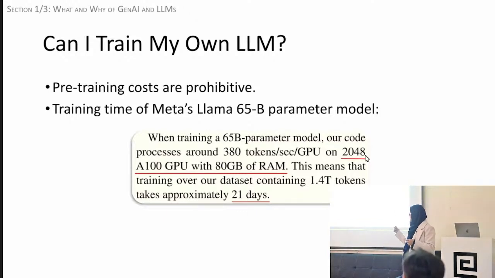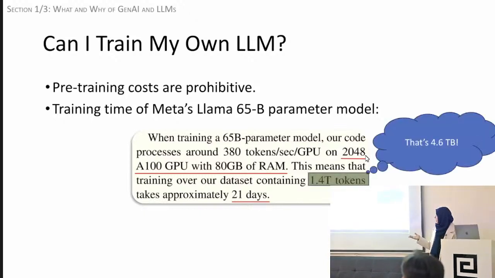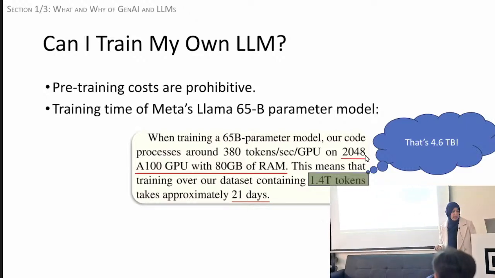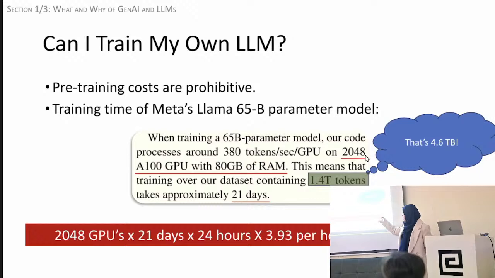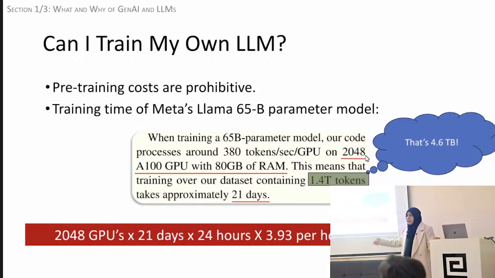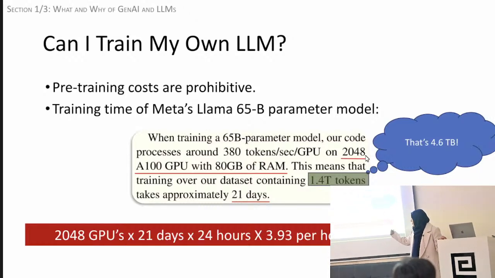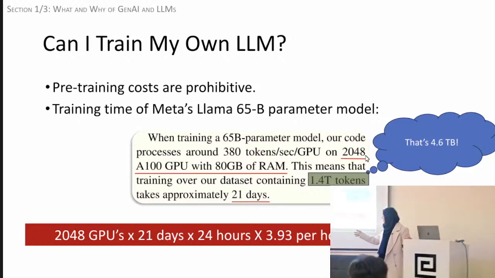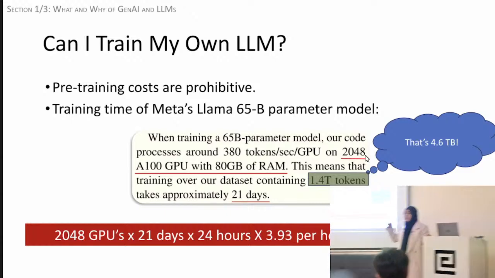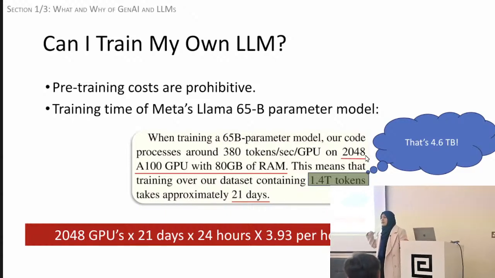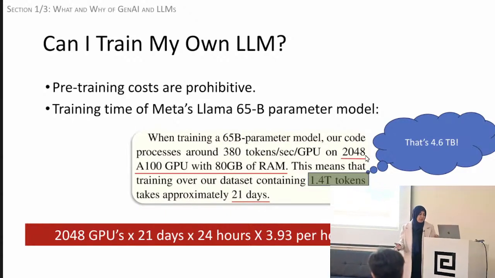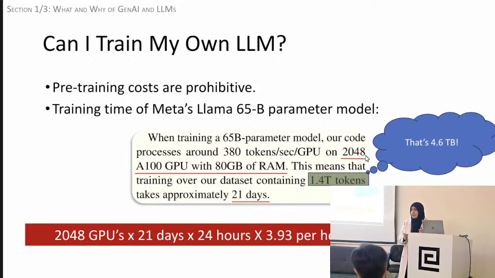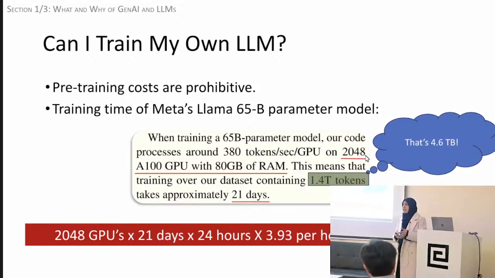The authors report that they ran a training data set that was about 4.6 terabytes for 21 days on 2,048 GPUs, right? So I've just taken the reference pricing from Google Cloud, just as an example. If you add that up, that comes to over $4 million. That's for training a medium-sized LLM, and 4.6 terabytes is not the biggest data set either, right? So the costs really add up for pre-training. So most of us cannot pre-train our own LLM. So now you can't use an existing LLM, right?